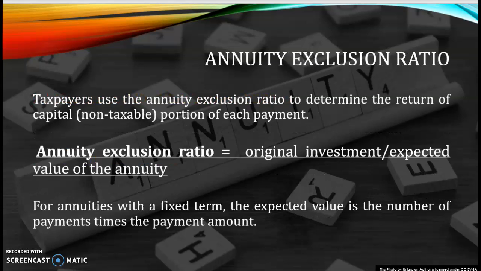We can calculate the exclusion ratio to figure out the portion of an annuity payout that is not subject to tax. One of the benefits of having an annuity is the annuity exclusion ratio, which allows account holders to earn their return on their investment tax-free. It can be determined by dividing the initial investment by the payment period. This amount is removed from the taxable income of the payment, with anything over that amount taxed as usual.